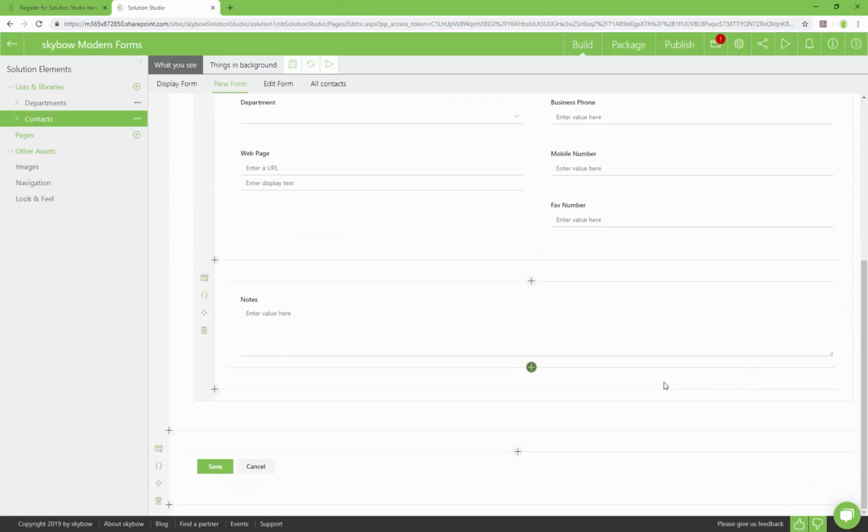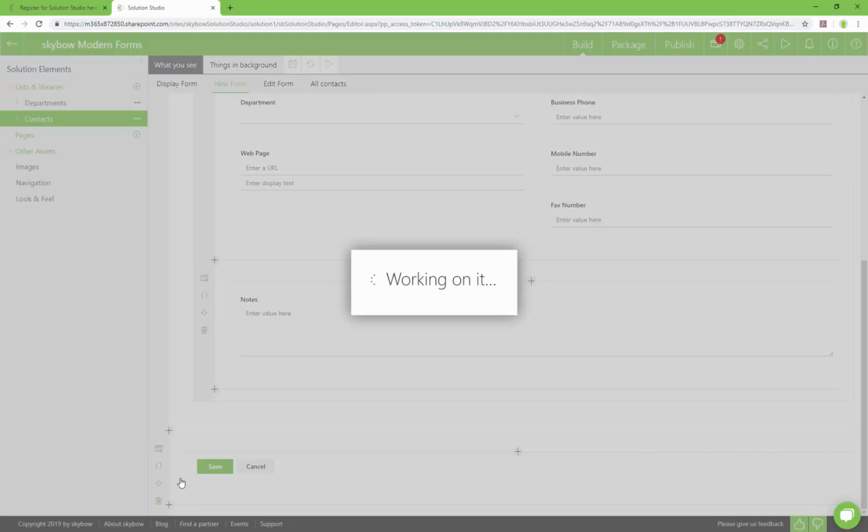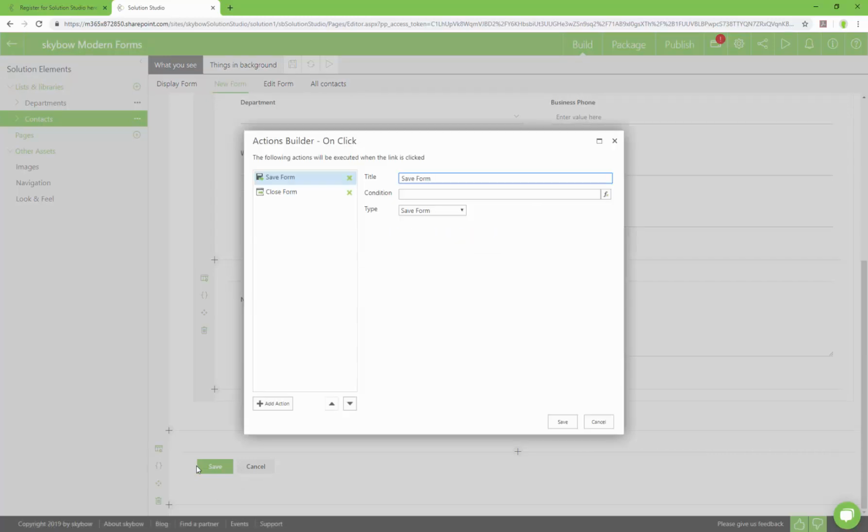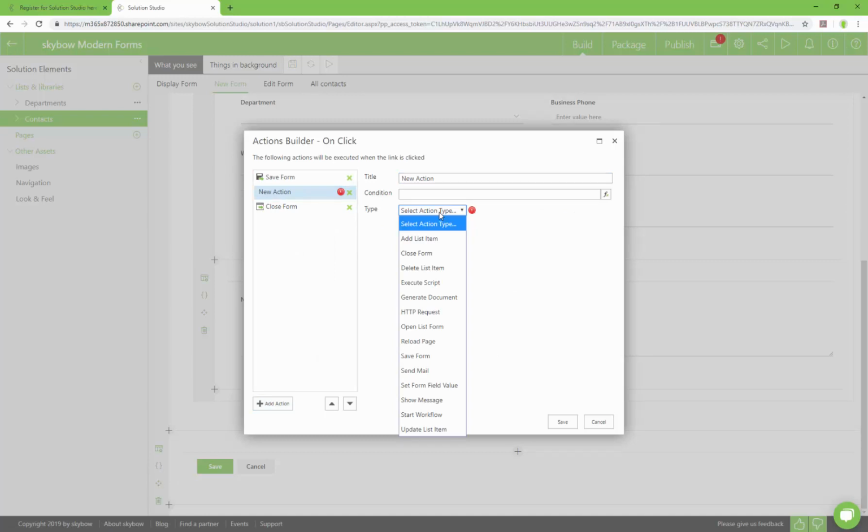Last thing, we're going to add an action to the Save button. This action shall be executed after the Save form action. I'm going to go for a Send email action, but this is just one example of many possible actions.